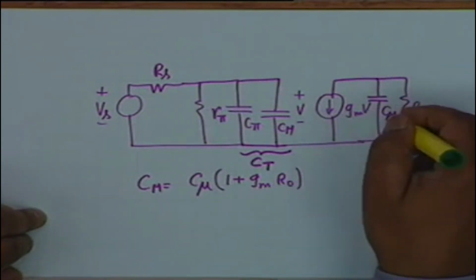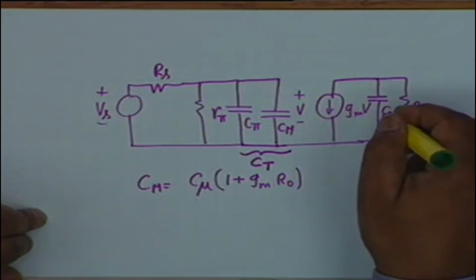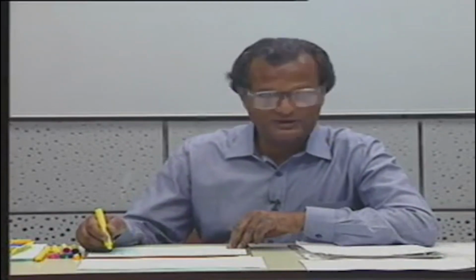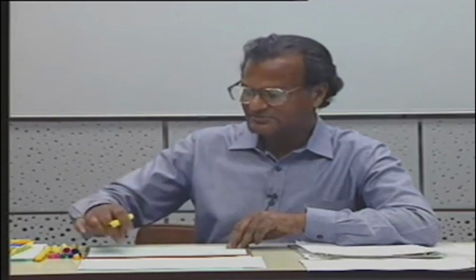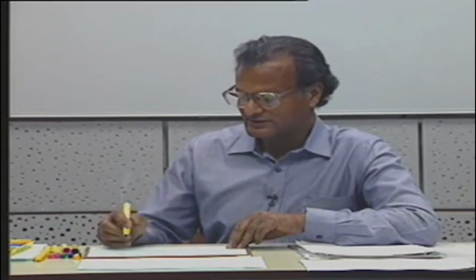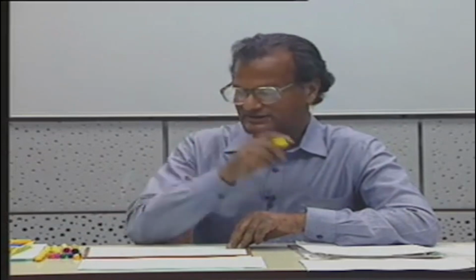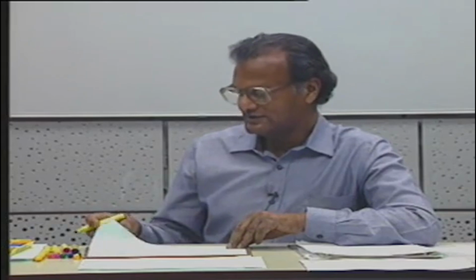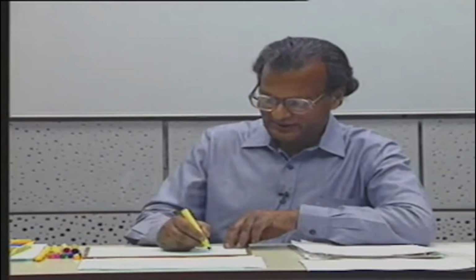So the impedance of C mu shall in all probability be very large compared to R naught, and this C mu can be ignored. These are practical simplifications. A large impedance shunting a small impedance has no effect, and so we can ignore this, and we can combine these two into a single capacitor CT, which gives me the equivalent circuit. The following equivalent circuit: we have Vs